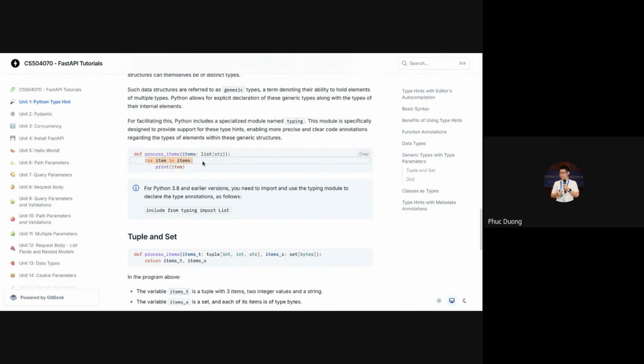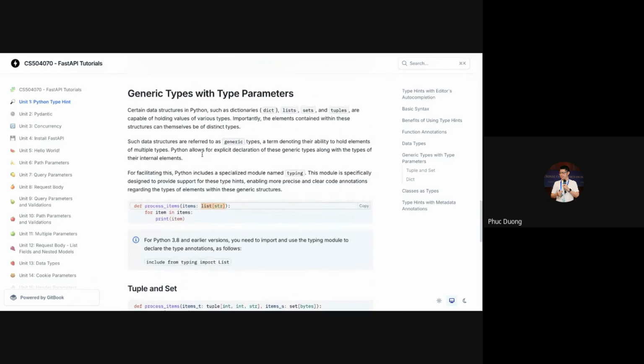Then you traverse each element in the items list, and you print the information on the screen. So in this function, you define the Python typing for items as a list of strings. You should remember that dictionary, list, set, tuple are kinds of generic types in Python.